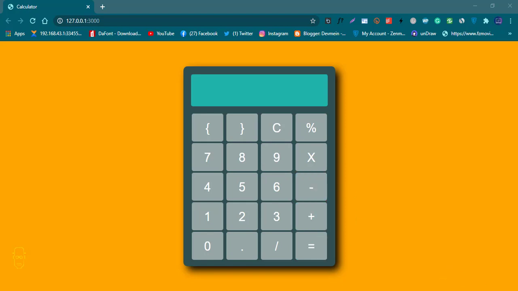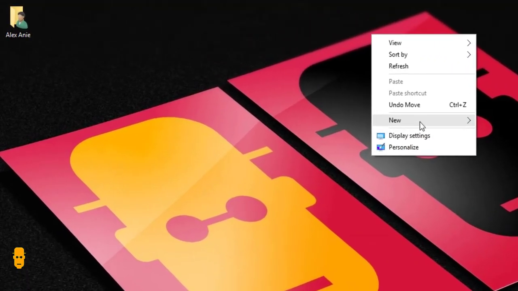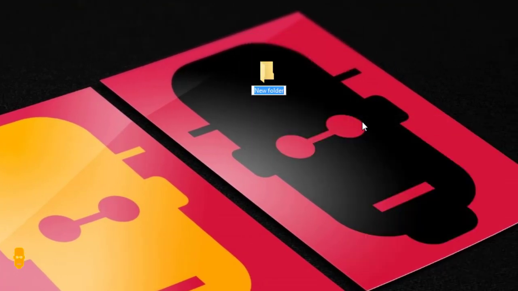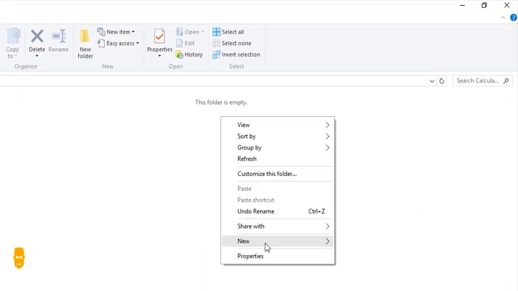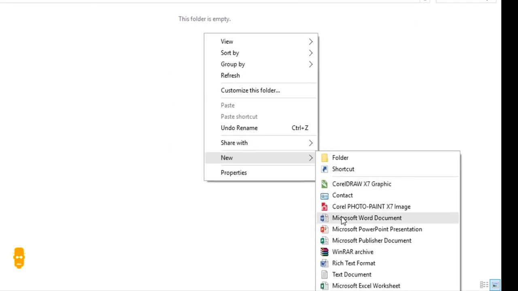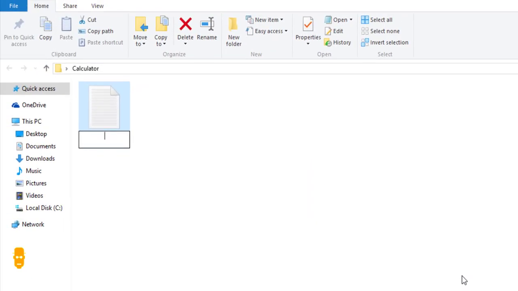So first thing I'm going to do is I'm going to come here. I'm going to create a folder on the desktop and call this calculator. Alright, inside this calculator, I'm going to create a file, and I'm going to call this